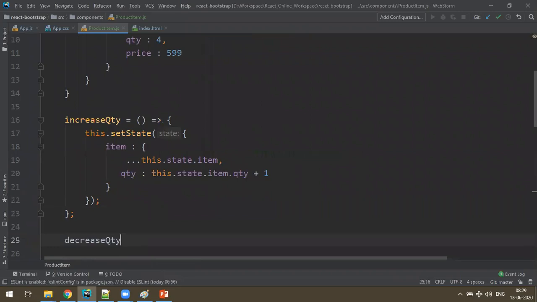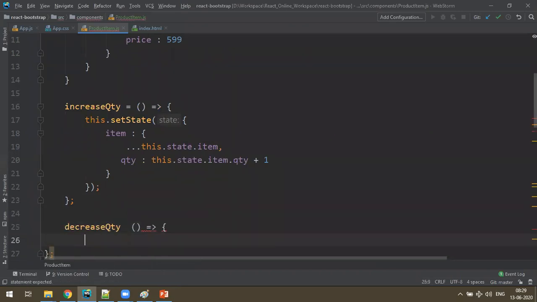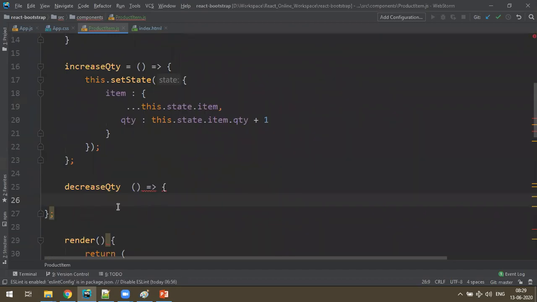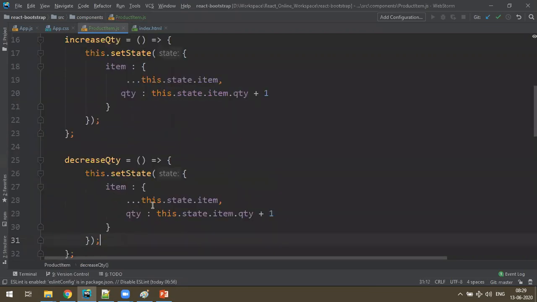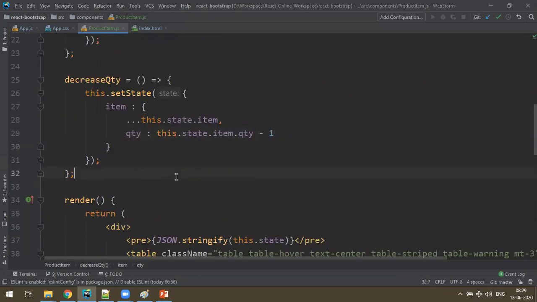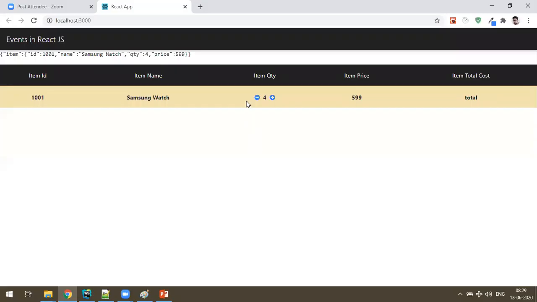Let's say decreaseQuantity is equal to an arrow function. Okay, so let's do the same story. The only thing you have to do is quantity minus 1. Okay, so let's check. It was 4. Click on the plus symbol, increasing; minus symbol, decreasing.